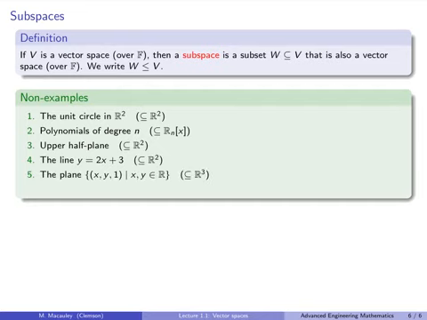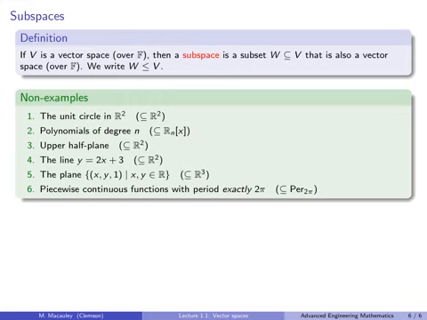The plane of height 1 in three-dimensional space, or in R3. So that looks like a plane, but it's not through the origin, so it does not contain the zero vector, and it is not a vector space, and hence not a subspace of anything. Finally, we'll finish with a more subtle example. That is the set of piecewise continuous functions with period exactly 2 pi. I claim that is not a vector space, and hence not a subspace of the space of all 2 pi periodic functions. Recall that